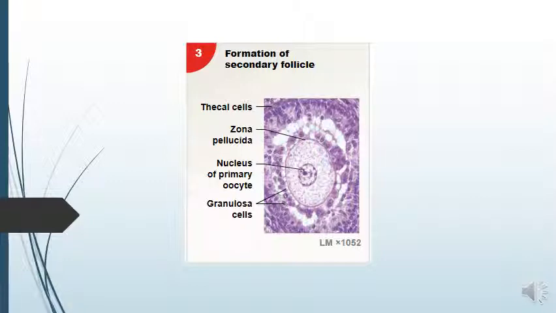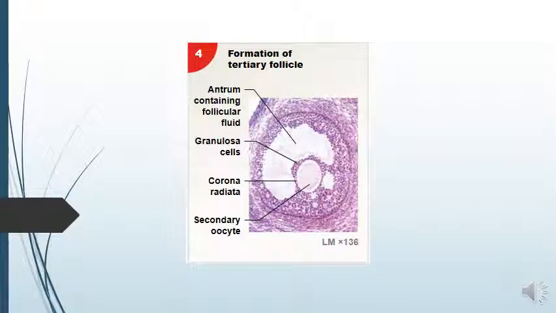The primary oocyte continues to grow slowly while the follicle as a whole enlarges rapidly because the follicular fluid is accumulating. We go to the formation of the tertiary follicle. This is about 8 to 10 days after the start of the ovarian cycle. The ovaries generally contain only a single secondary follicle destined for further development. Now, by the 10th to the 14th day of the ovarian cycle, that follicle has become a tertiary follicle or